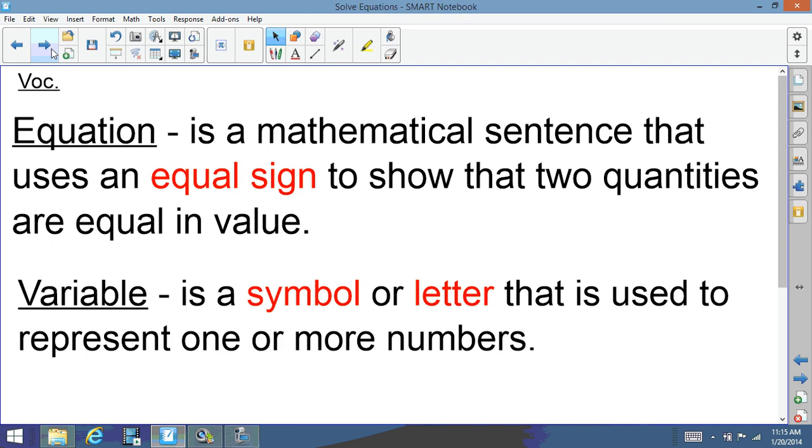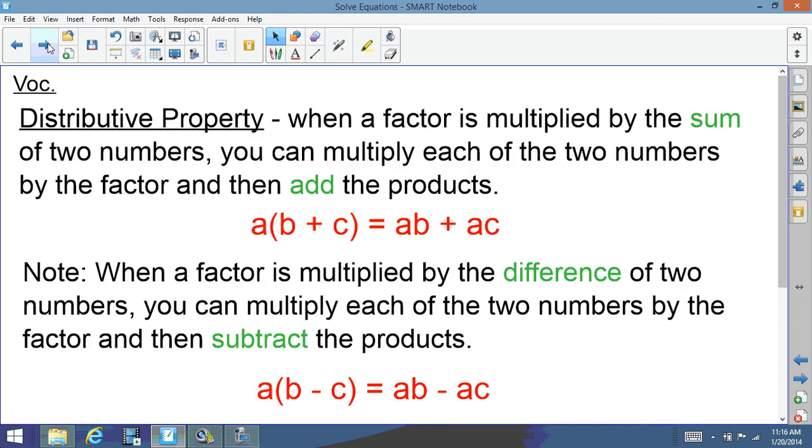An equation is a mathematical sentence that uses the equal sign to show that two quantities are equal in value. A variable is a symbol or a letter that is used to represent one or more numbers. The distributive property. When a factor is multiplied by the sum of two numbers, you can multiply each of the